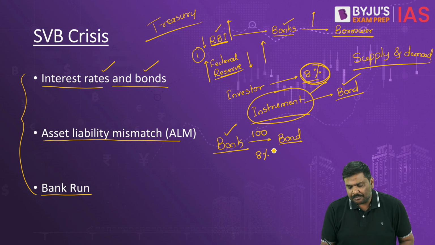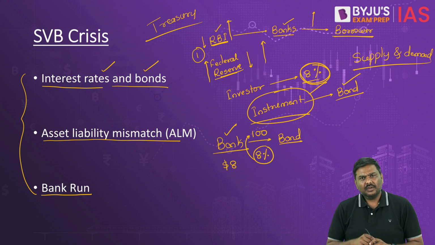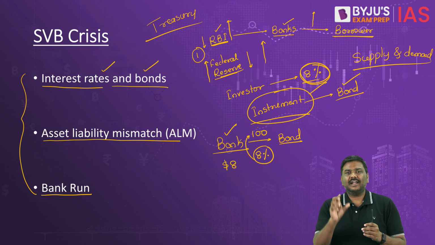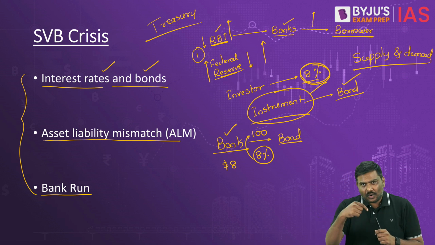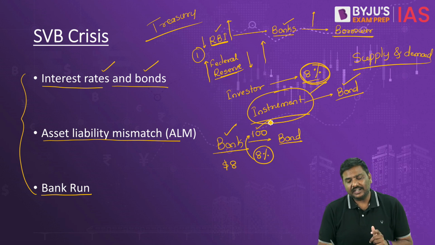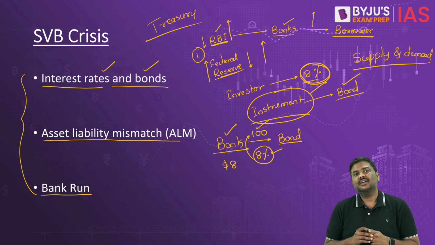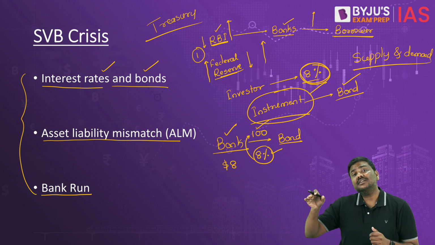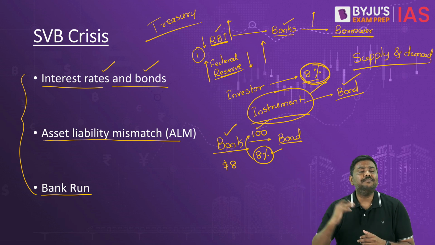Even if you purchase the bond, you will get how much? 8% of $100, that is $8. You're simply going to get $8. That is the amount of coupon you're going to get. But your concern now is, why should you invest $100 and get $8, that is 8% returns, when in the market interest rates are above 8%? That is, let's say around 9%.